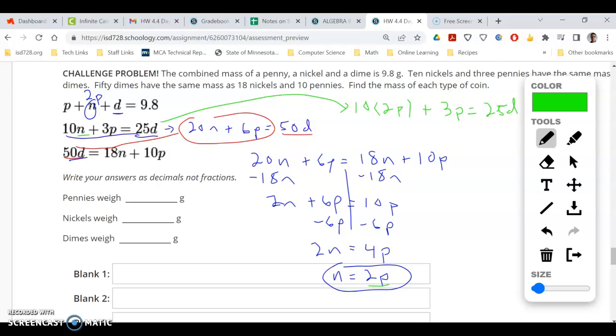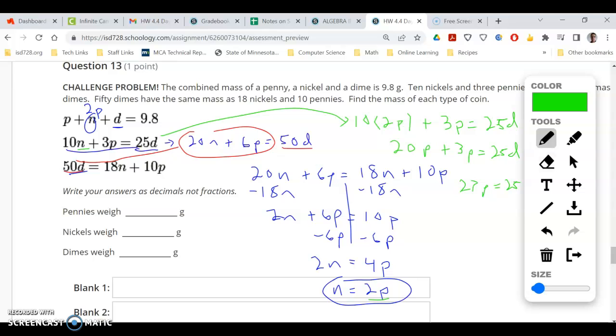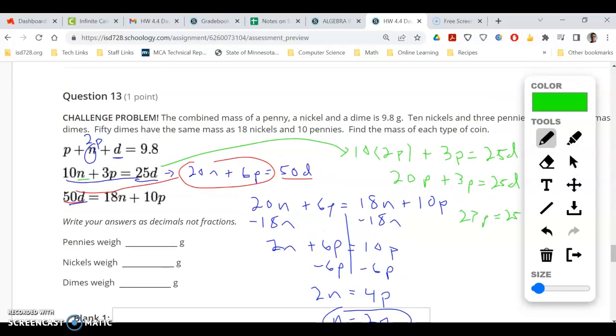Now I'm going to clean this up and get D alone and replace it over here. So 10 times 2 pennies is 20 pennies, plus the 3 pennies equals 25 times D. Now add 20 pennies and 3 pennies, so that's 23 pennies equals 25 dimes. Sorry about that, this is in the way. Anyways, 23 pennies is equal to 25 dimes. So now if I divide by 25,